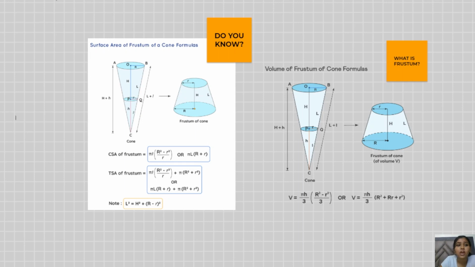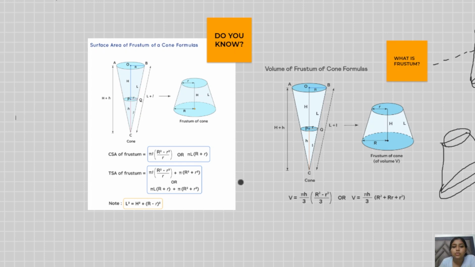We can say it is like this: this is your cone. You can just draw a normal cone, a right circular cone. When we cut this cone from any point, removing its edge, it will remain like this. It will form something like a trapezium, but there will be a circular base upside, because when you cut this 3D object, it will be circular, right? So this is what we call the frustum. When we cut a right circular cone, this bucket-type piece is known as the frustum of the cone.